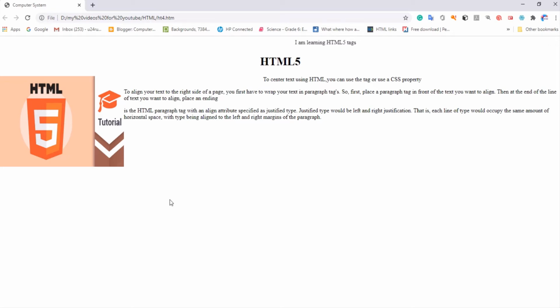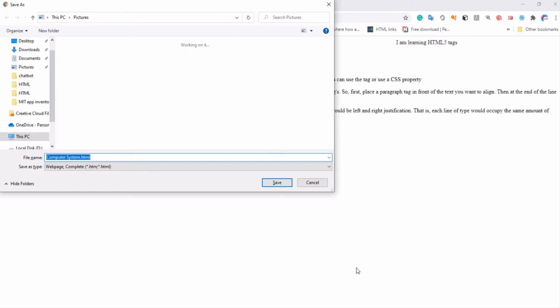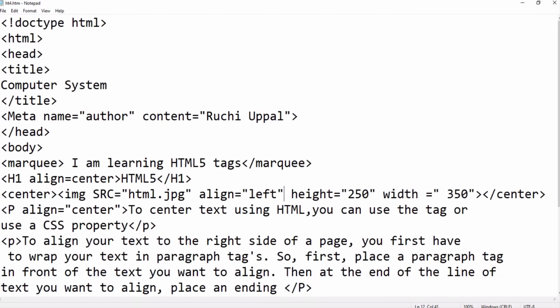Clear? Fine. Now next we will learn how to add space around an image. You can see the text is touching this border. So how to display a small amount of space between the image and the text? It's also very easy.